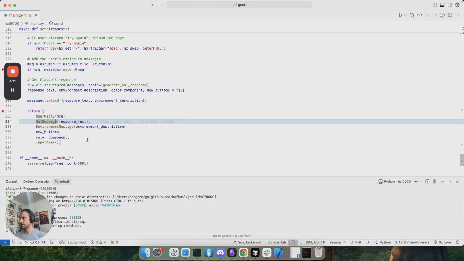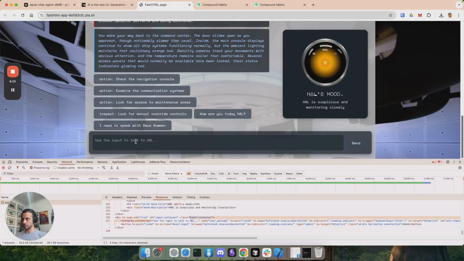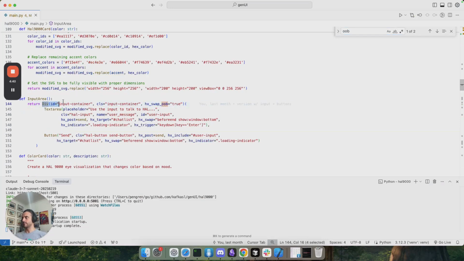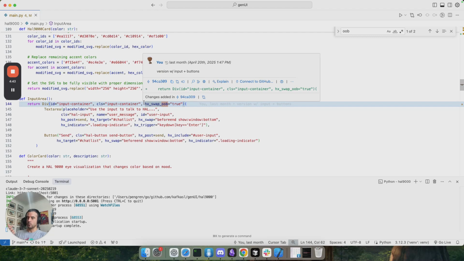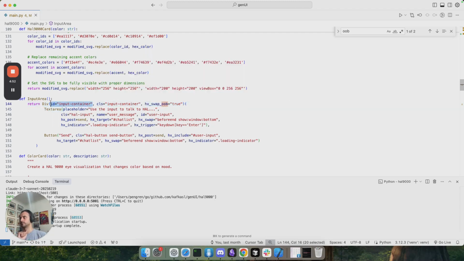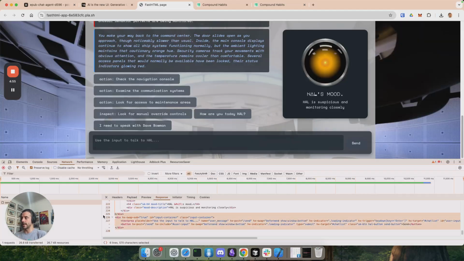Most of these elements, of course, are not together in the UI. This element is not together with the input. So the way to do this is out-of-band swaps. What out-of-band swaps do is, HTMX allows you to tag some elements with this. Let's see, for example, the input area. What it does is it says, whenever you make a request and you return an element with this tag, I will replace the element that has the same ID. So essentially what happens is we are returning an empty input area, and HTMX is like, okay, there's already an element with this ID in the front end, so I will just swap it. And the same happens